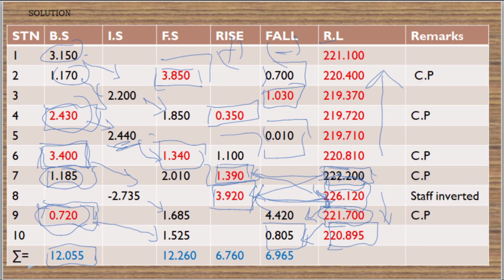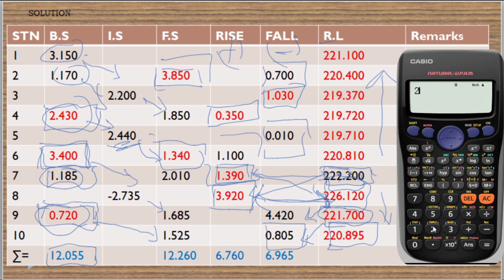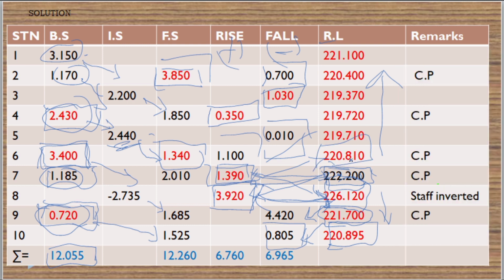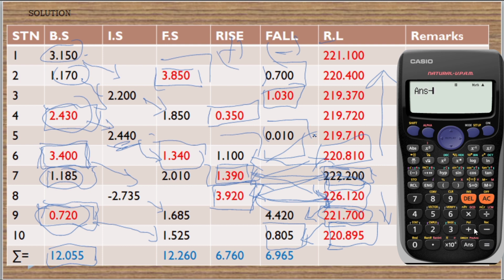Here we move upwards. So the value that we have, we move upwards. So this is 222.2. There we have a rise. That means we'll subtract this value from this in order for us to get the value that we had here on top as 20.80. Then this 20 will again subtract, so we do the opposite and you'll get